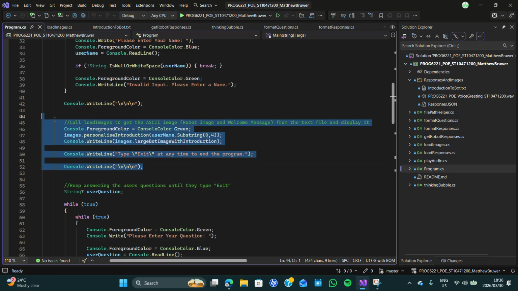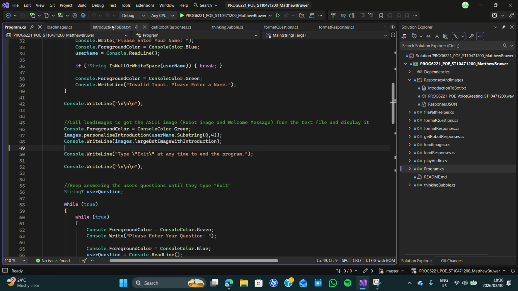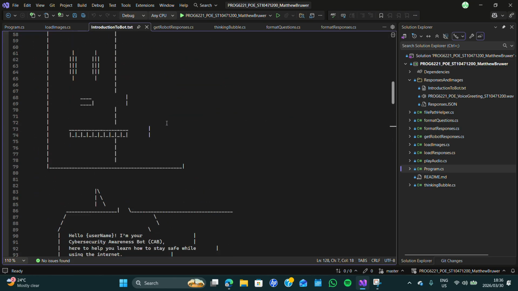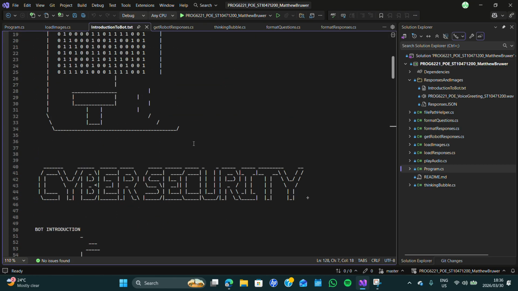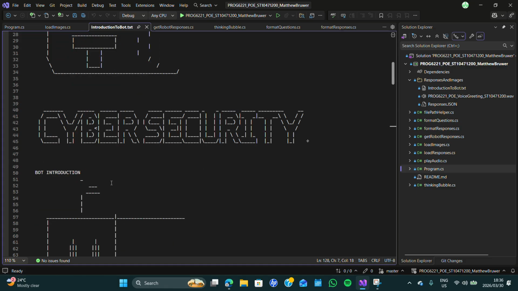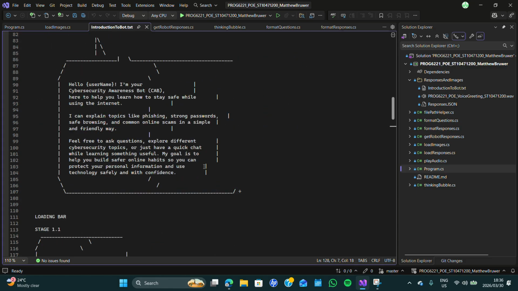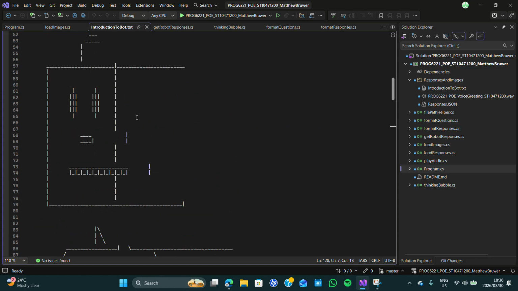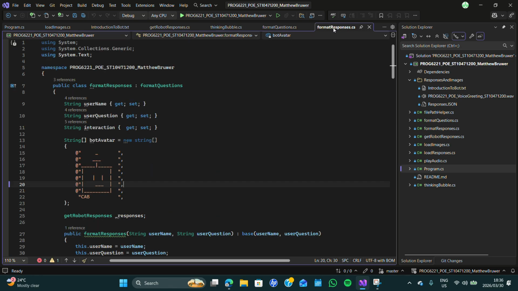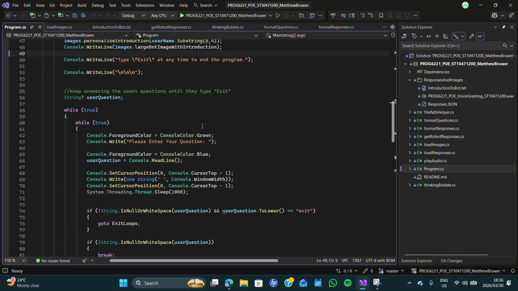Then this calls the bot greeting from introduction.txt. Right here, this is the lock logo that is displayed first, then the user's name is requested, and then it displays the robot's introduction slash greeting.